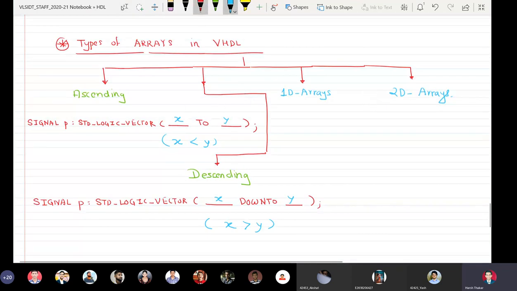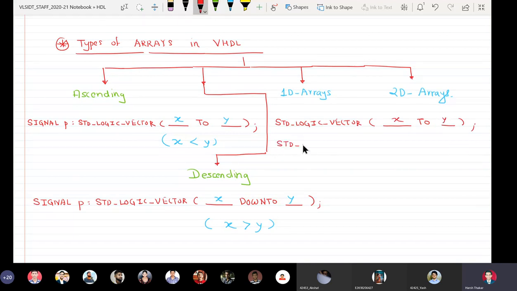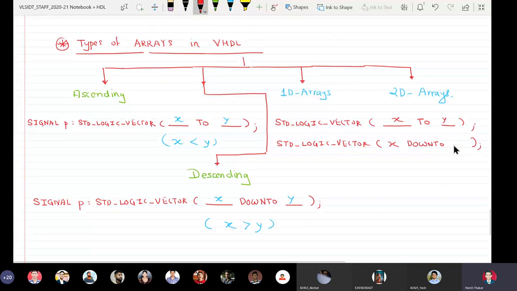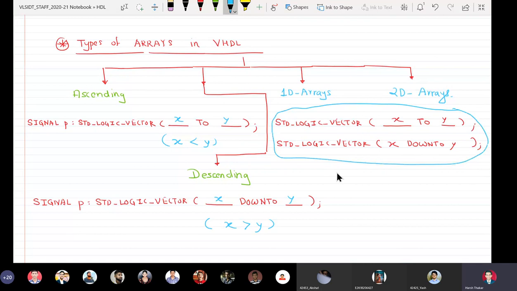And std_logic_vector, whether it is x to y or x downto y, these create 1D arrays.